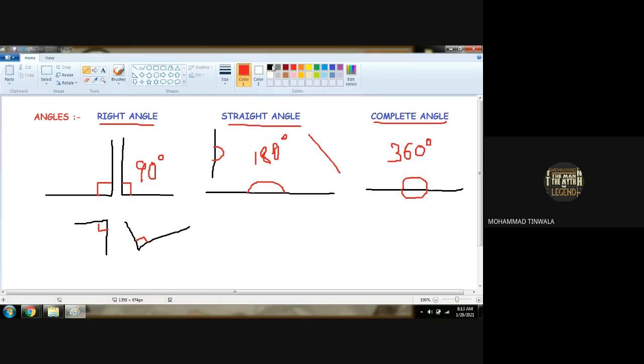We have to just find out what kind of angle this is. Are you getting? 180 degree. Again, we can say it like this also, it may be like this. Starting from here to here, this angle, even this is known as 180 degree. And one complete angle can be in any direction, but it is one complete circle, which stands for 360. Understood, boys? Anybody has any doubt regarding these three angles?